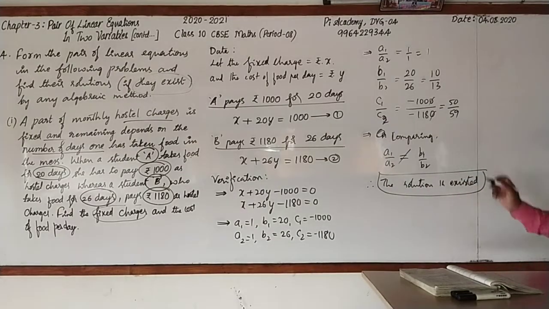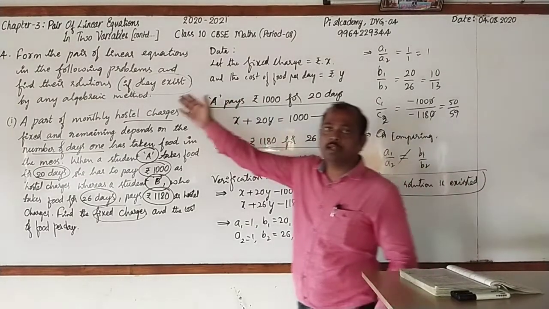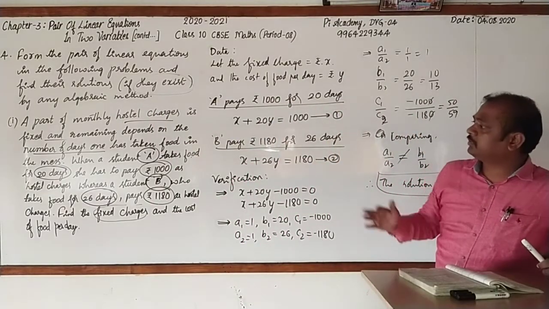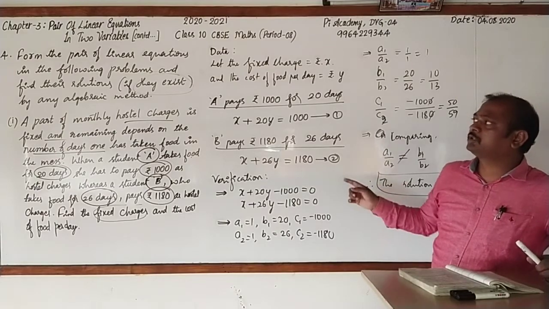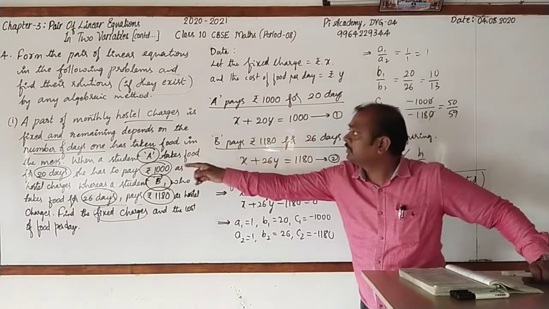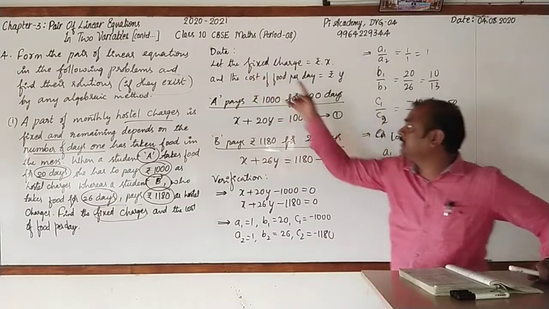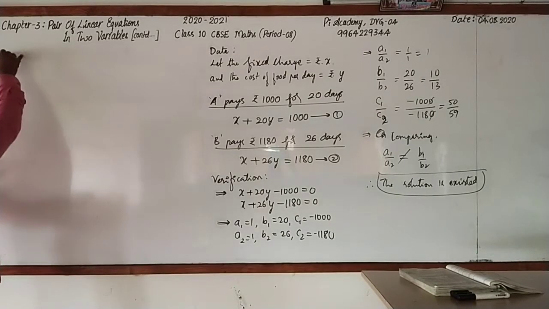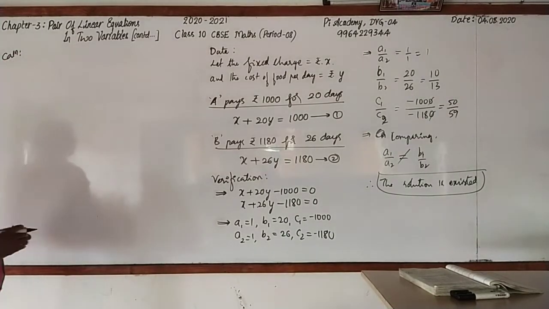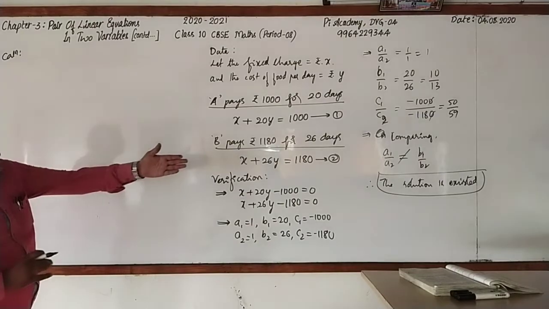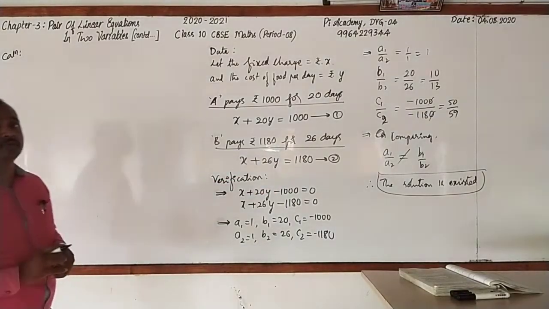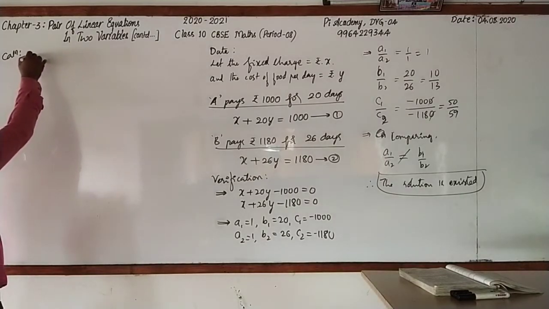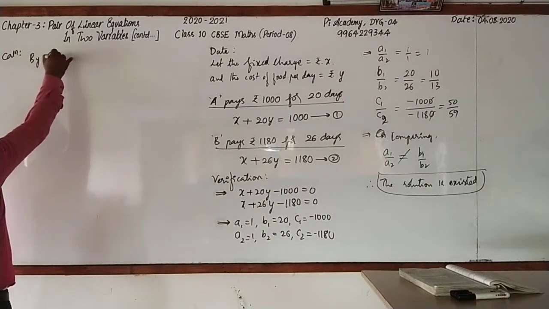If the solution exists, they only told us to solve them by any of the three algebraic methods. Now let us go for solving them. And before that, please copy from here to here. I think you had copied up to there. Yes, let's continue. Here again, I'll move on to the calculation part. As the solution exists, we have to decide by which method. Let's go for the elimination method only. It will be easier.